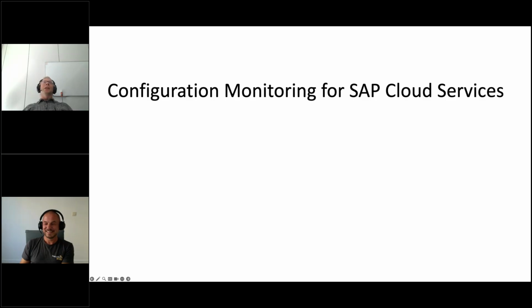So basically what we've done here during the configuration monitoring of our SAP solutions, we set out to say, okay, we've got these, I don't know, 10 or 15 major cloud products like SAP S/4HANA, Concur, or Ariba solutions, SuccessFactors, or the HR suite. So we basically said all these different things, they have these security settings which customers have to configure. So what we went ahead and did is we